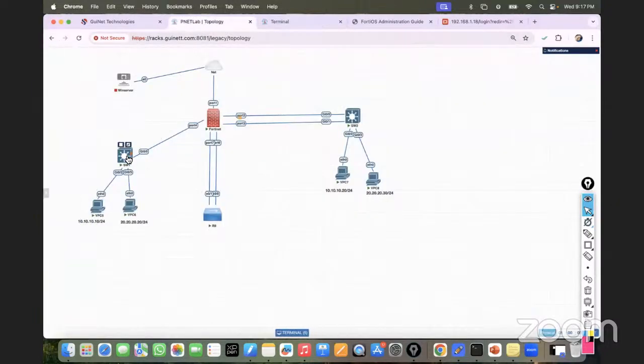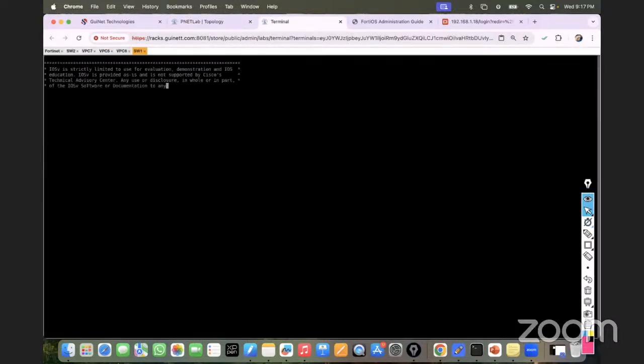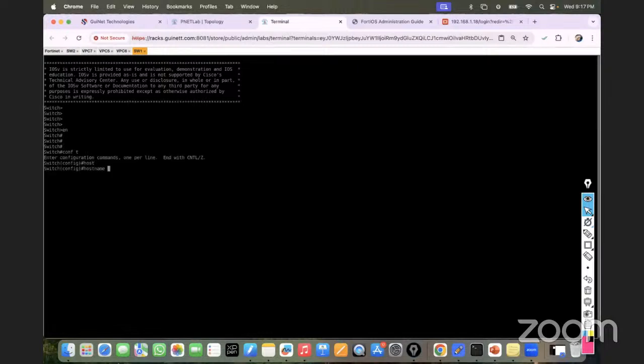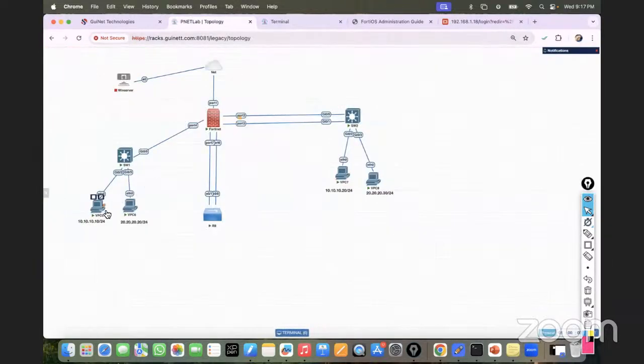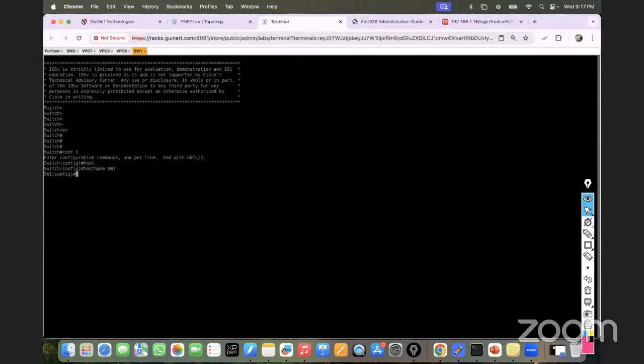Now let me go on the switch again. The switch is another component, so we have to do the configuration of Switch 1. First, I have to set the host name, and this is my Switch 1. I have to create two VLANs, VLAN 10 and 20, and I'll put VLAN 10 on port 0/2 and VLAN 20 on port 0/3. So how can I do that? I simply go here and run the command